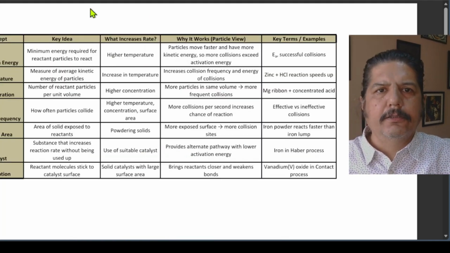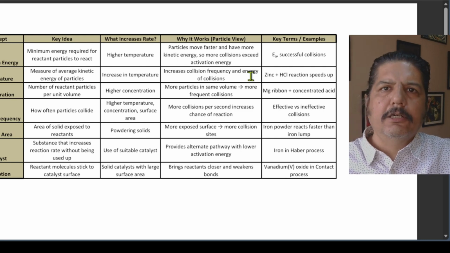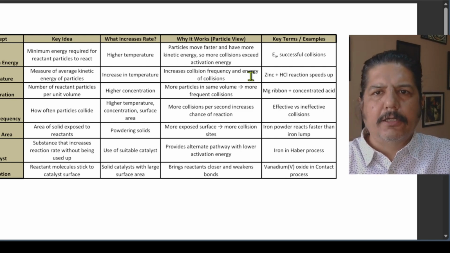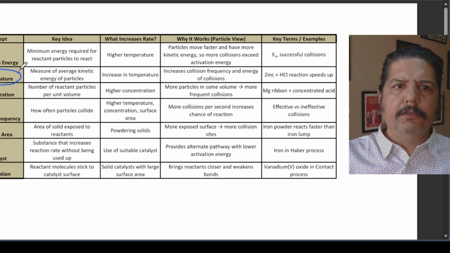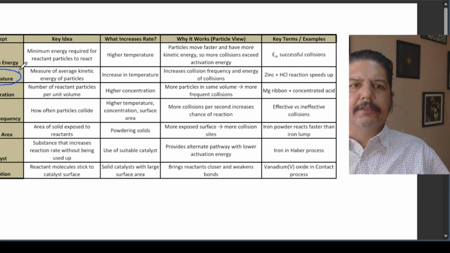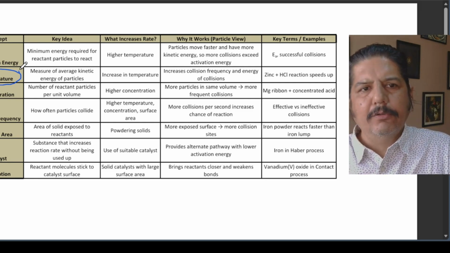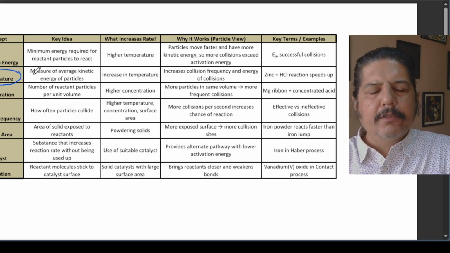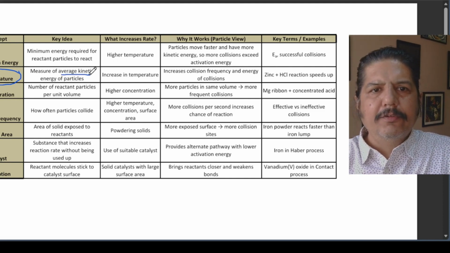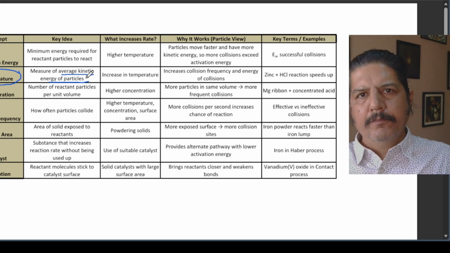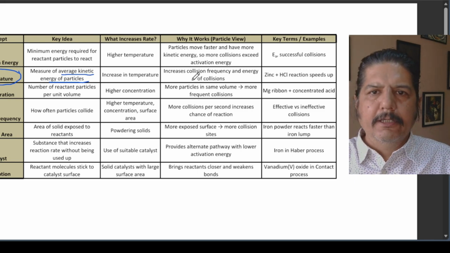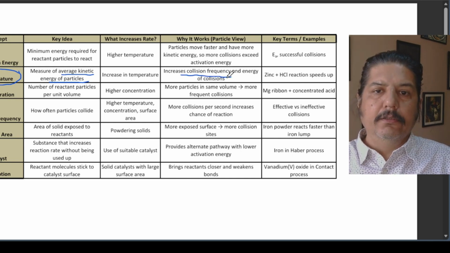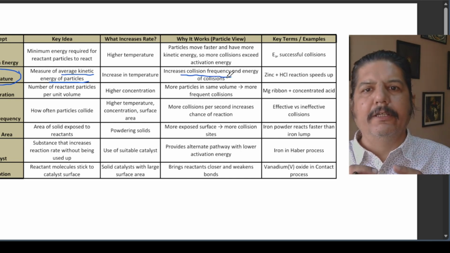Now, regarding temperature, when I'm discussing temperature in rates of reaction, I request you to have a look at this chart again and again. I'll be sharing this chart in the comments below. So please keep referring to the effect that temperature, concentration, surface area or catalyst have on the rates of reaction. Now, what does the temperature do? It basically increases the average kinetic energy of the particles. So the average energy increases, and because the energy has increased, the collision frequency will increase.